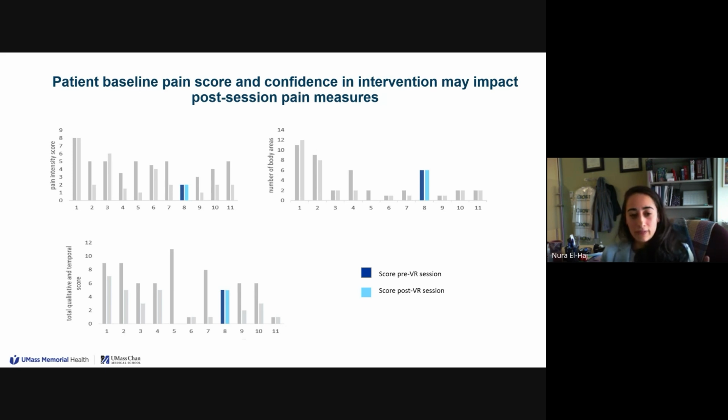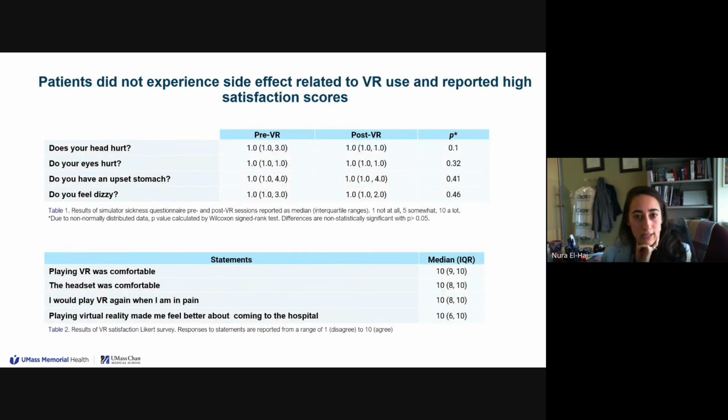I don't have the data here to show you the spread of the ages, but the way of going through the questionnaires and appraising those scores does vary regarding the ability to fully participate and the mindset at the time of the questionnaire, which is a bias that's introduced in any other type of study where you would have similar assessments. But overall, what was really nice is when we also looked at satisfaction scores and side effects,